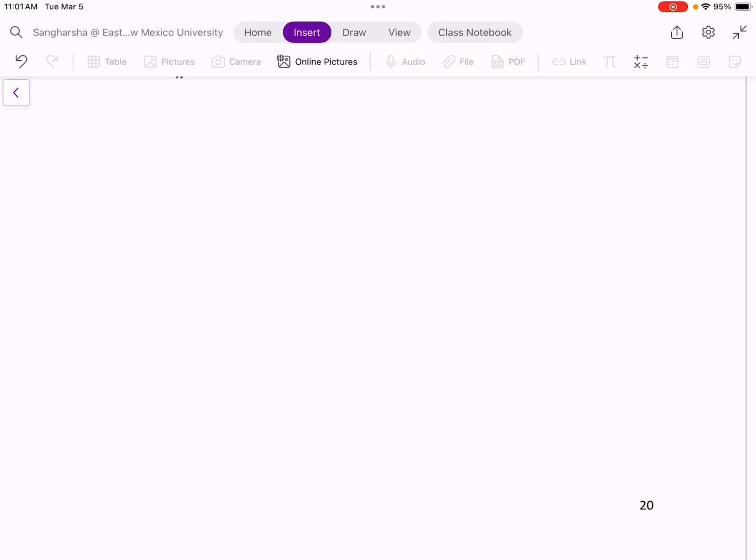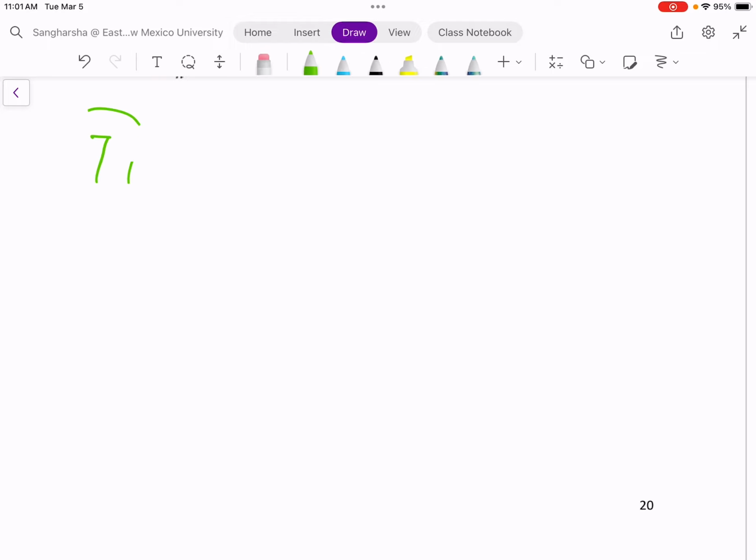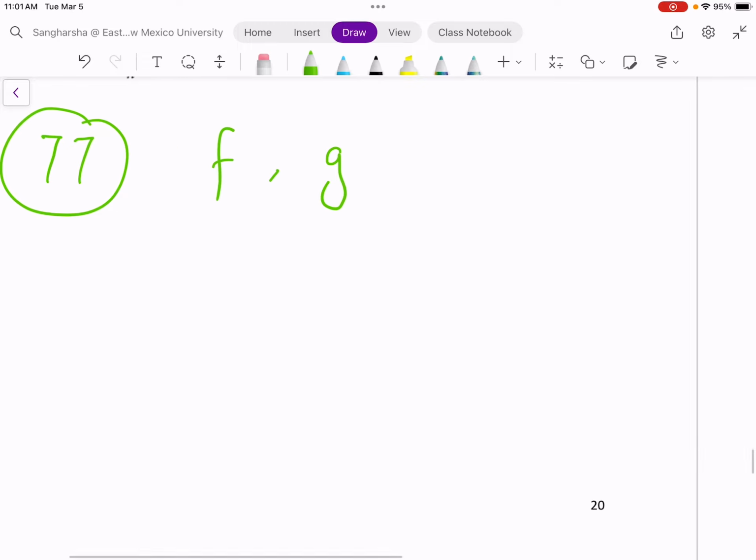So here in section 2.7, exercise 2.7, this is number 77. Okay. So we need to find the two functions f and g. So we need to find our function f. We need to find function g. This is what we need to find, such that h of x, we know, so we have a new